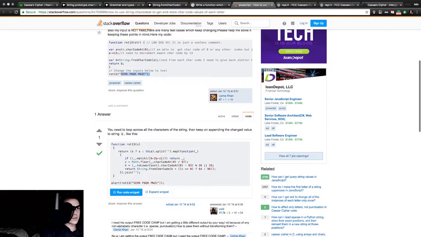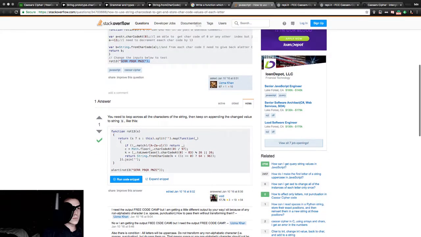Well, first of all, there's gotta be, I would assume, a loop. Okay, so you need a loop across all characters of the string, then keep on appending the changed value to the string B like this. So maybe plus equals is used to some degree. Function Rot13s return if s equals, oh wait, if else this. If s equals s,